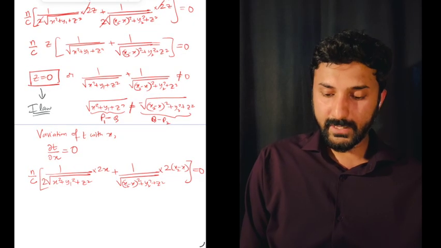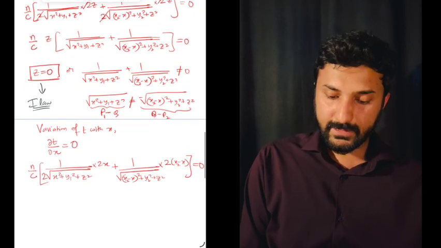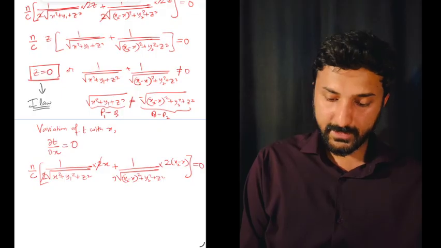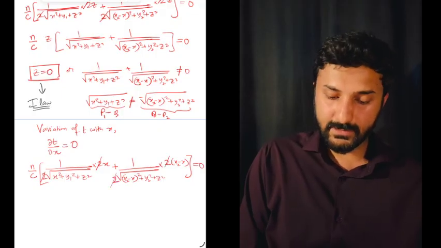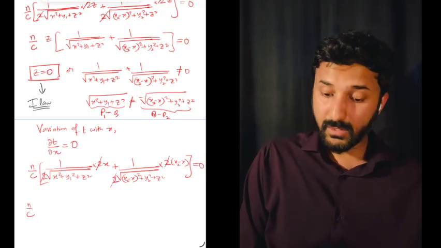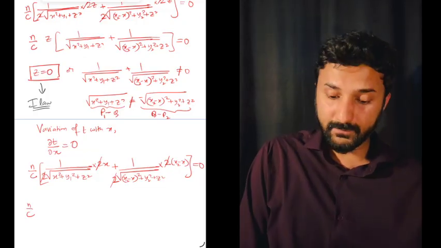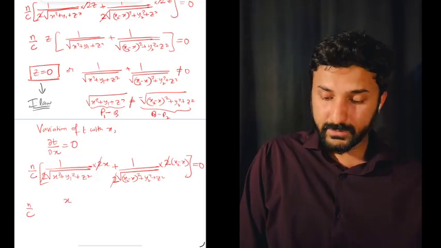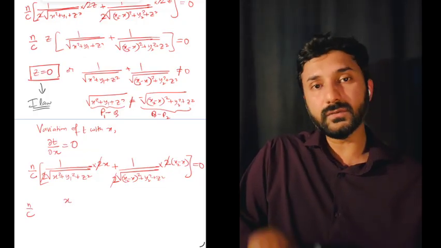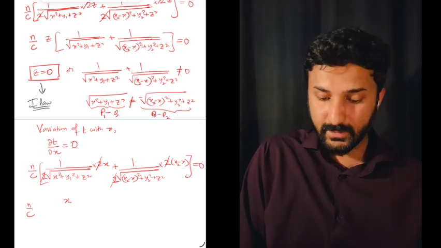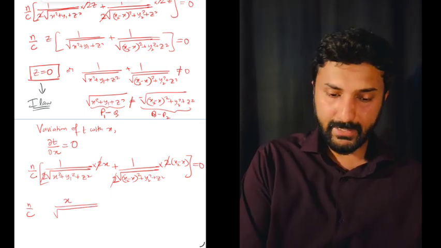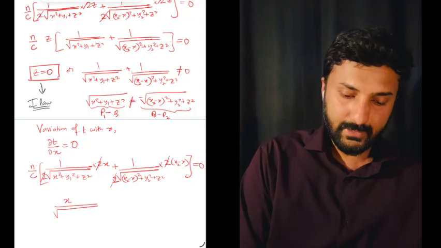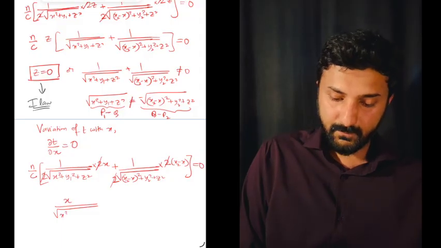Right, so what we have is this, and now again we can cancel 2, by the way there's 2 here as well, right? So 2 cancels, and now you see we can't really take x common factor. Instead we'll have to realize that there's just one factor which is equated to 0, which means I can rearrange, n by c can be sent away, and then we have this